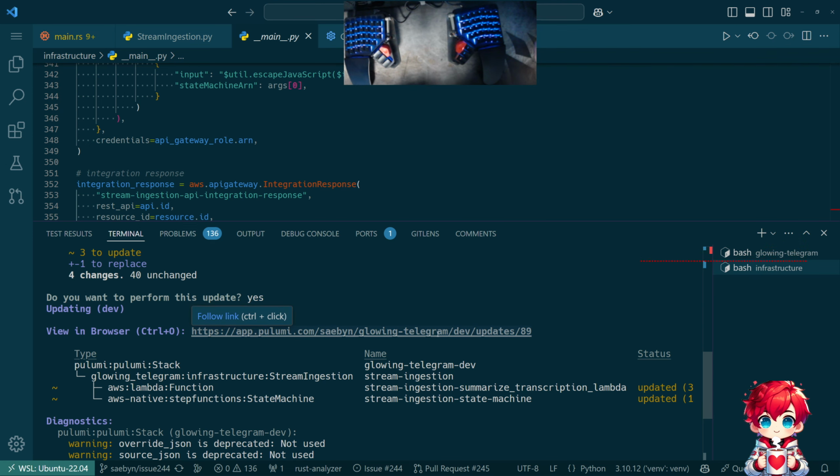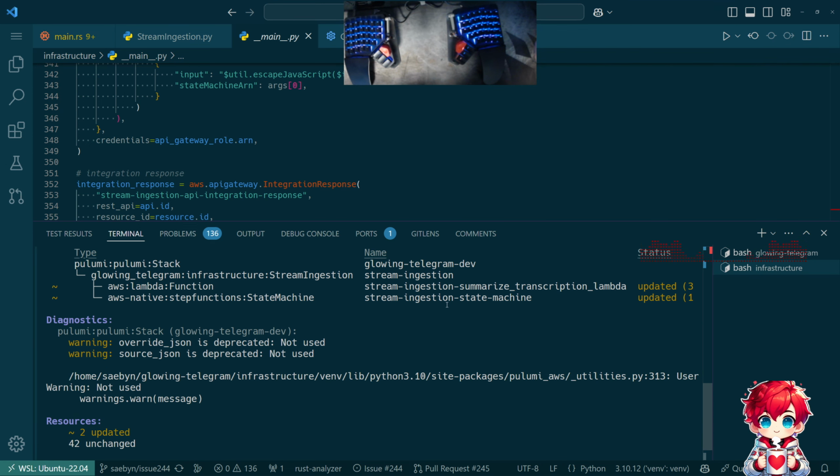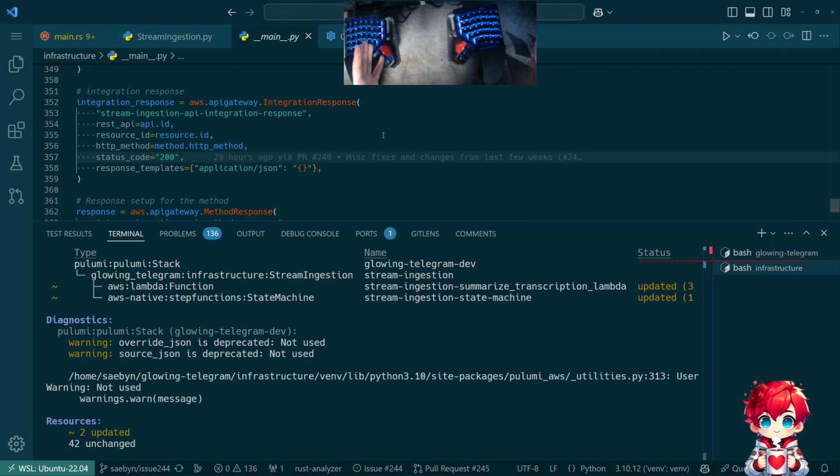I'm still debating though, when we get to actually having the front end tied into the back end, there is some merit to using something like AWS Cognito for user authentication, and then giving those Cognito users the ability to directly call AWS APIs to be able to directly run the step function. So then you don't need an API Gateway. You don't need to make your own APIs. But that does mean that you are baking in that the front end talks to the back end by talking to AWS,